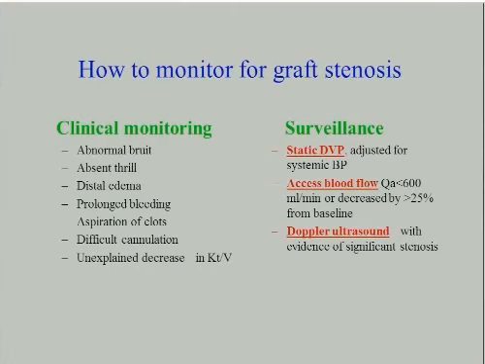Prolonged bleeding can be an indication of downstream stenosis that's causing increased pressure in the access. Aspiration of clots can mean one of several things. It can mean a decreased inflow